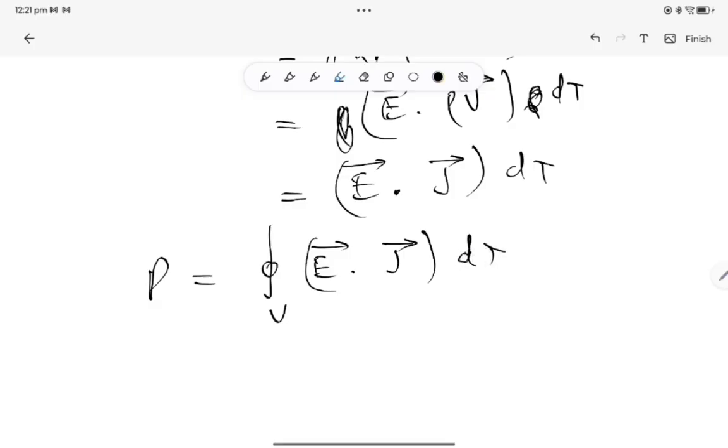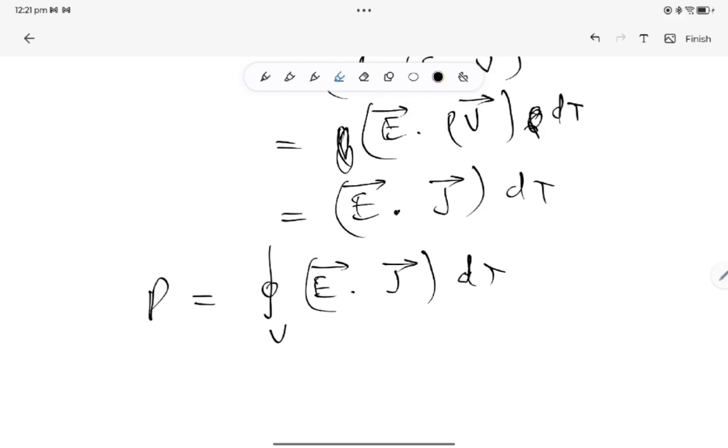Now we have E dot J. We will write the first equation first, and we will express E dot J exclusively in electric and magnetic terms. That means we will eliminate this J. Now how can we do that? By using